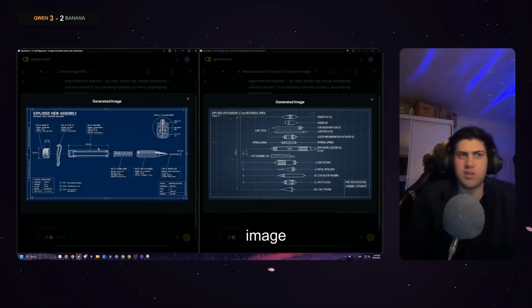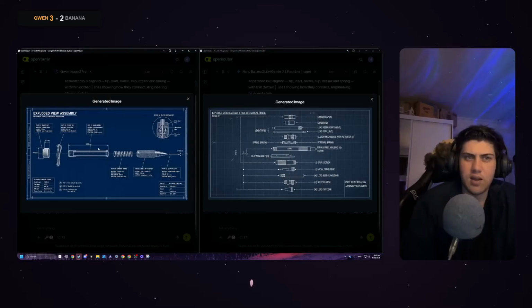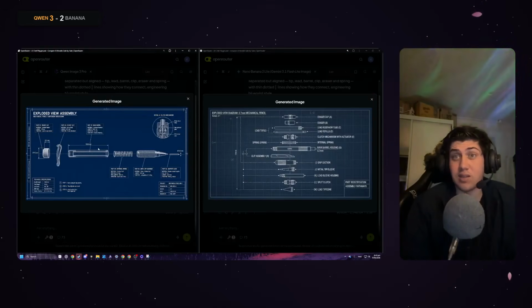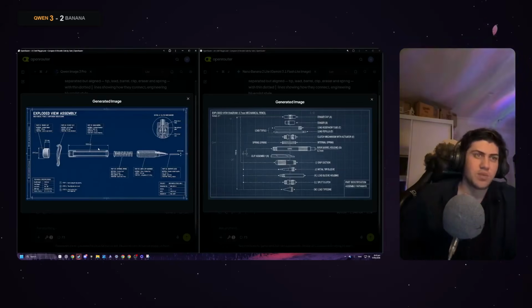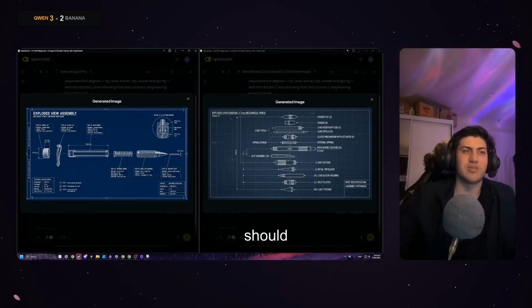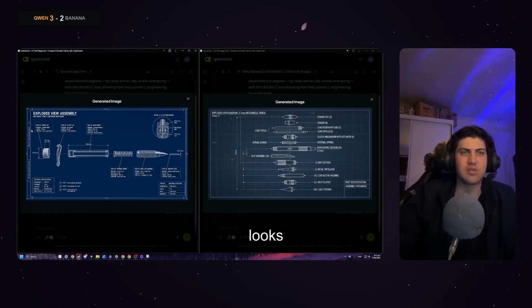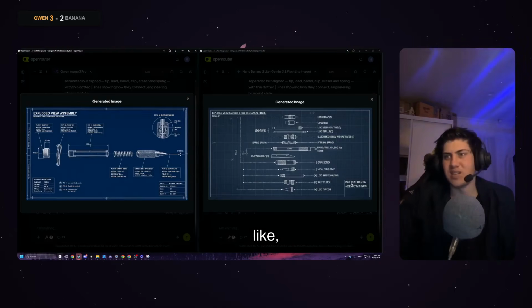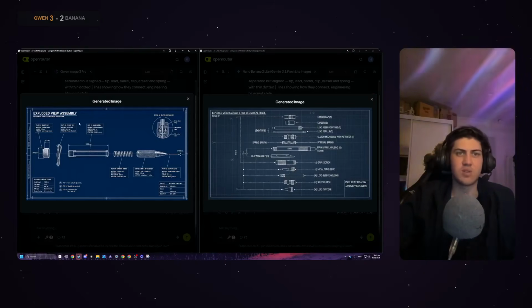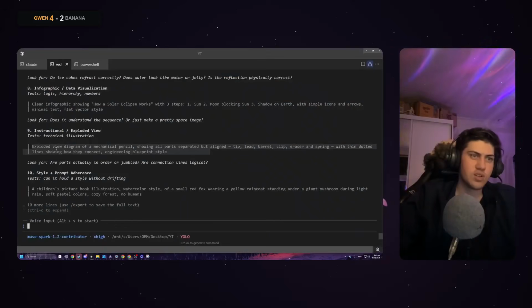Interesting. I think Qwen Image 3 looks a little bit better to me. It just looks less cluttered, and it's how I imagined the exploded view to be. But yeah, there's a lot of merit in what Nano Banana did. Although one thing is this pocket clip is upright, it should be down, aligned with it perfectly. Really nice how I can see the detail here. And it's a little bit better because it looks more like a technical diagram, where this one has this parts identification assembly pathway. It's got a key here for no reason. So yeah, I'm gonna give this one to Qwen, and we'll move on to the lucky last one, which is